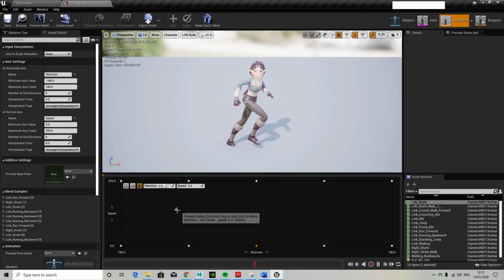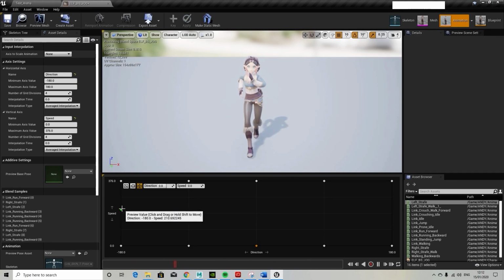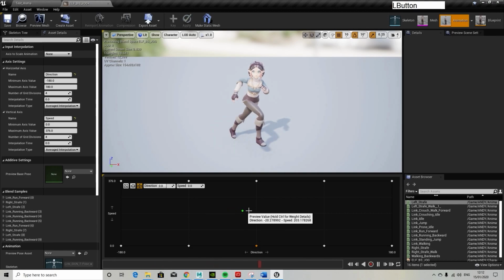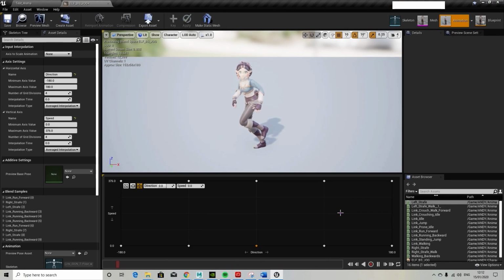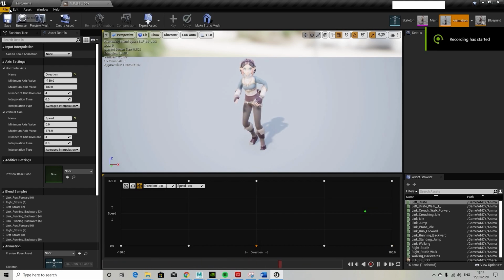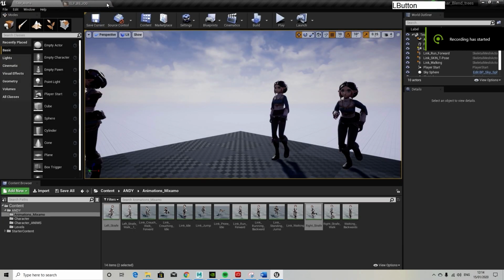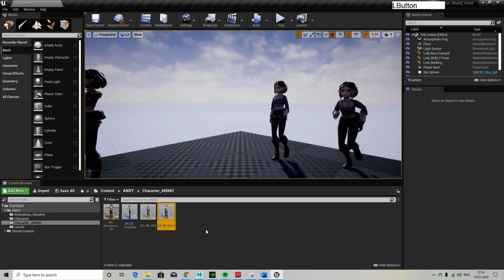Okay. Yep, jogging backwards. Marvellous. Somewhere in between, strafing right and jogging backwards. Okay, so save all of that, and then what we're going to do is go back over to the jog,